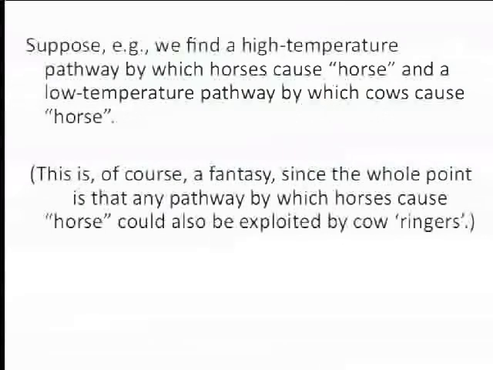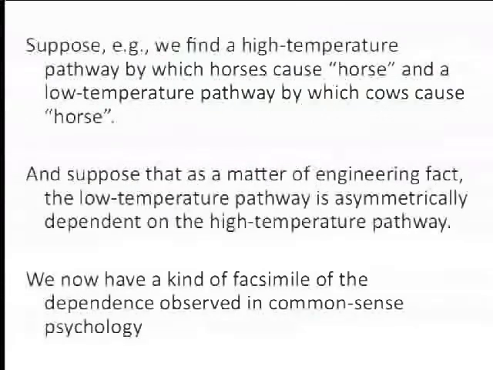Because visions are infallible. So this can't be quite right. You're not going to get two distinct pathways in that easy way. But let's suppose that did happen. Suppose that the illusions all came in by the low temperature pathway and the real thing all came in by the high temperature pathway. And suppose it turned out that for reasons that are very technical and that I don't really have the jargon to explain properly,